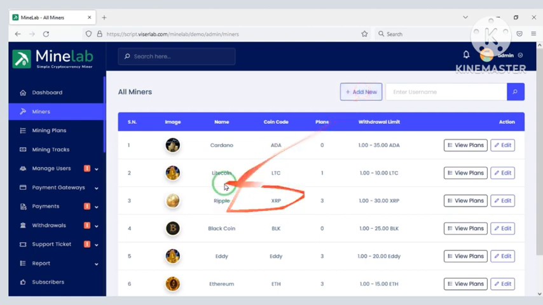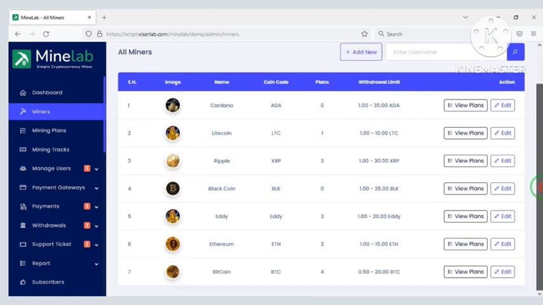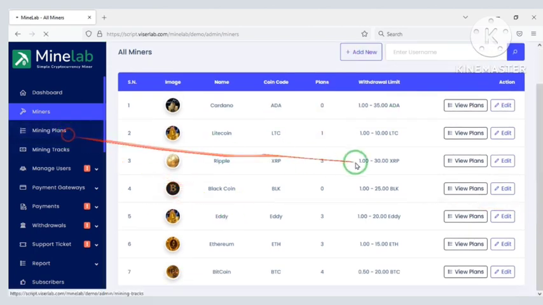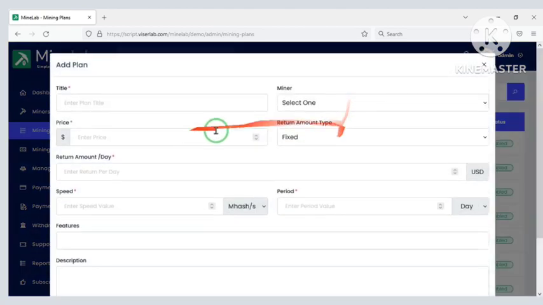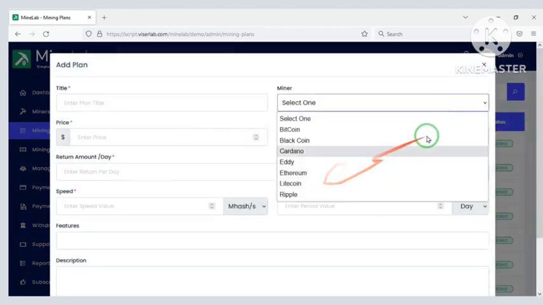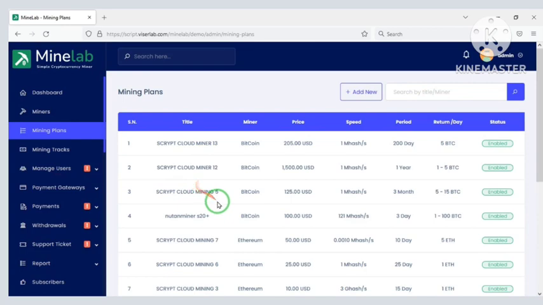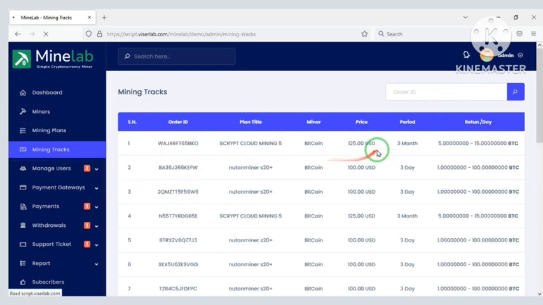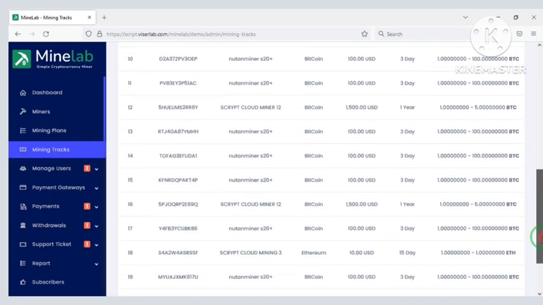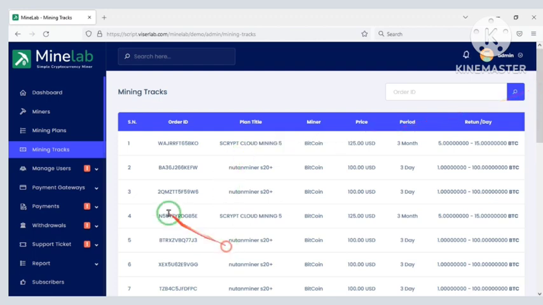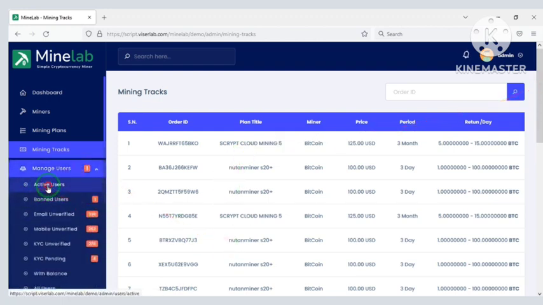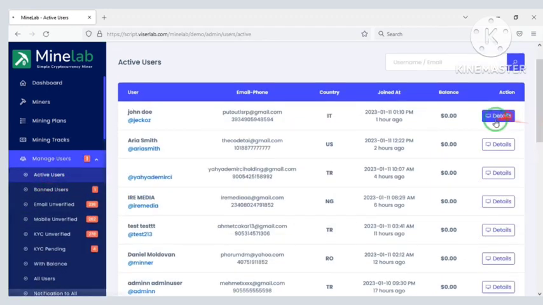You can easily create mining categories. Then you can add the price of the package. You can see the mining history. You can easily control the users of the website through the admin panel.